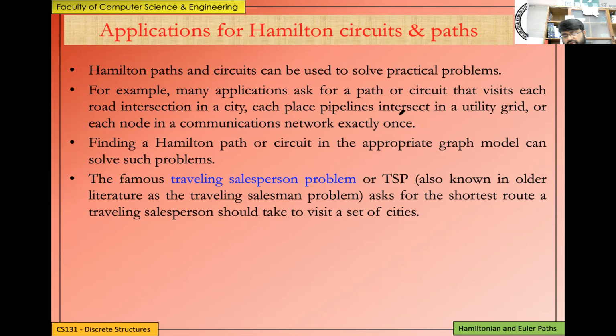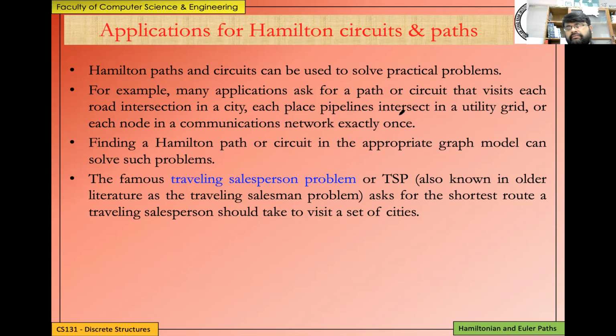Hence, you want to traverse from one place to another, and that is basically what we call the traveling salesperson problem. In this scenario, it reflects more of a Hamilton path, because there is a starting city and a final city, and you want to visit each of the group of cities